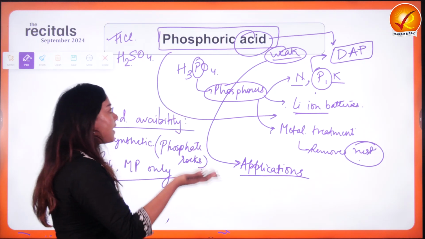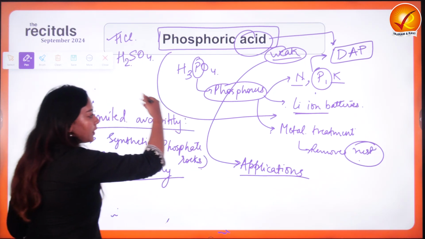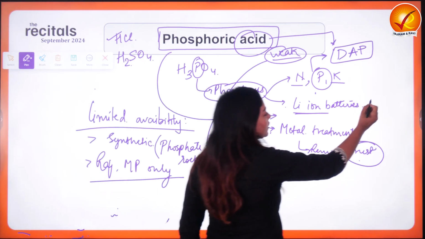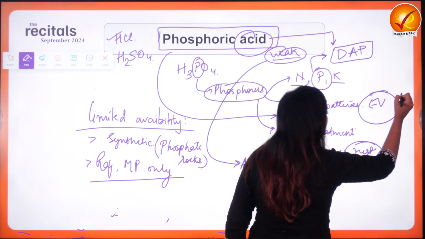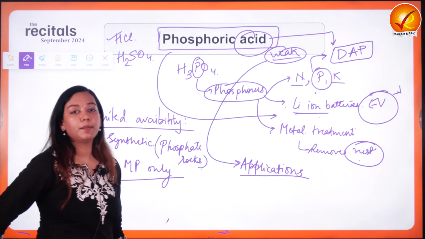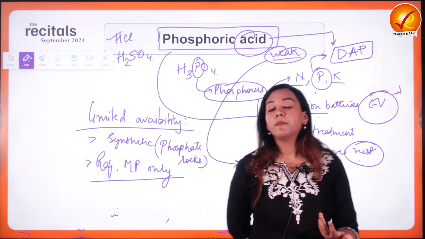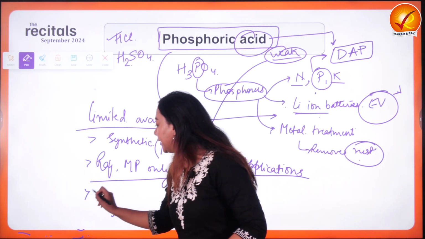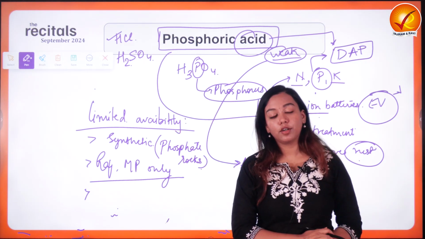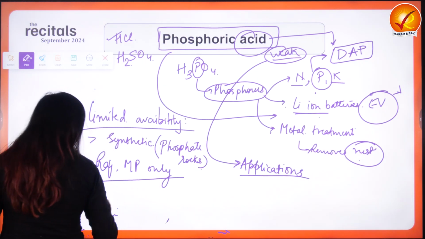But now it is heavily getting utilized and diverted for the electric vehicle industry as well. Okay, why? Because it is getting used in lithium ion batteries, so that could be a cause of concern. Then what do we need to do? When we are already deficient in phosphate rocks, then what do we do? We become import dependent